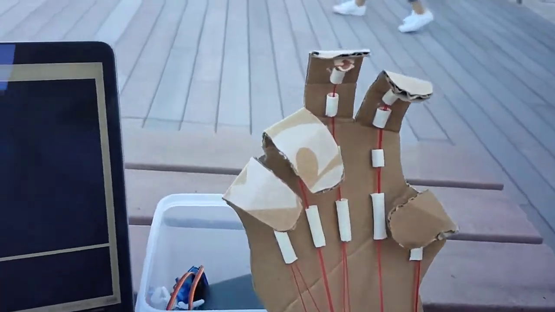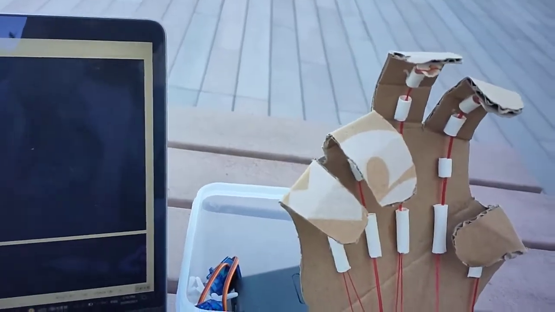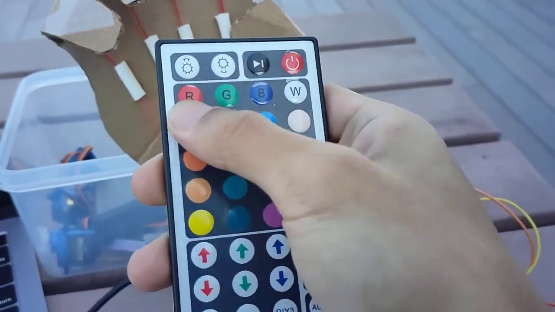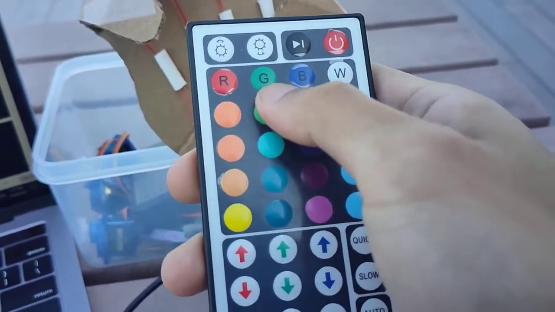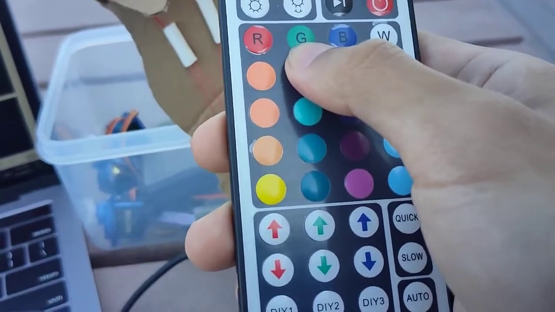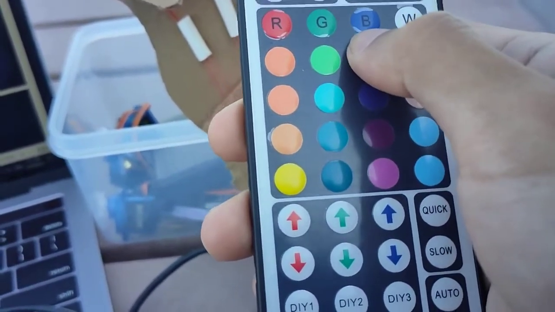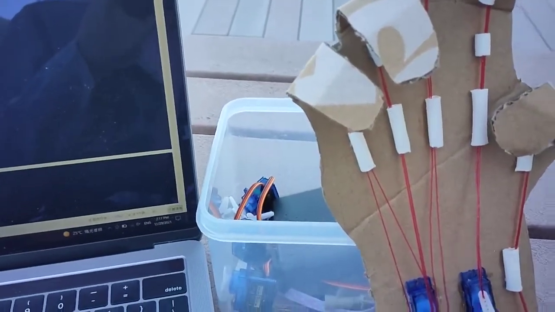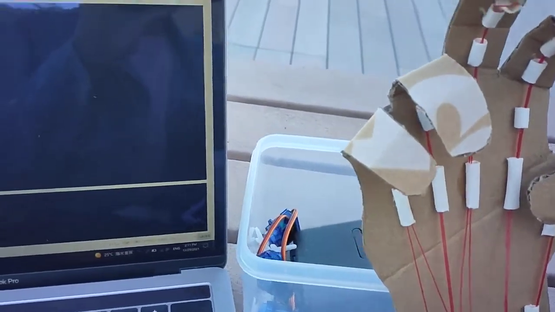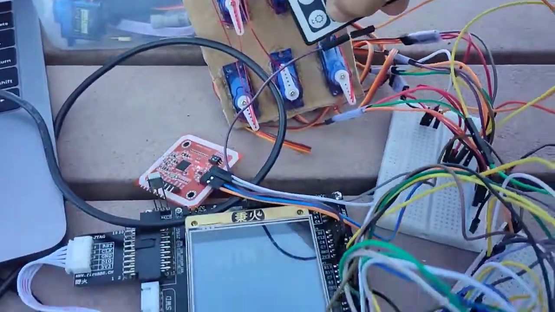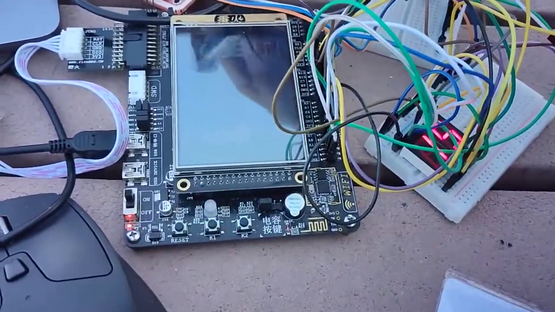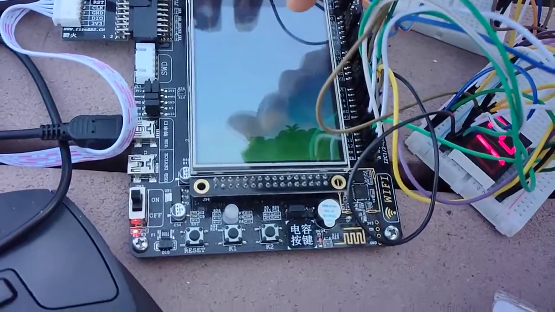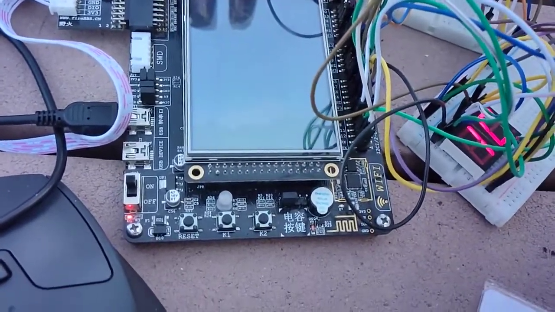So here we use a remote control to assume that the R button is the choice of rock, the G button is the choice of paper, and the B button is the choice of scissors. So here we need to choose rock so that we can win the game. You can see that the screen shows you win this round of the game, and